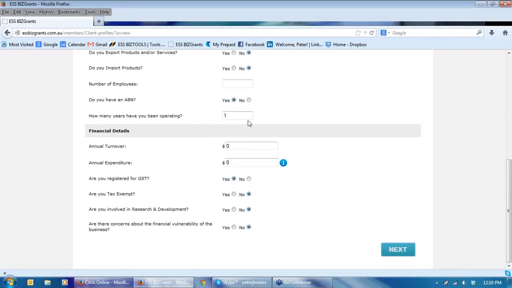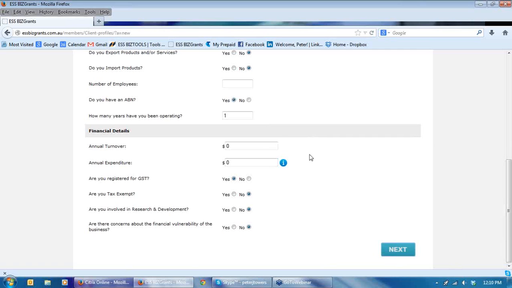The years that the business has been operating is important for a number of grants. Enterprise Connect, which I mentioned just earlier, which is arguably the largest number of individual grants issued in Australia each year, has a requirement that the business must have been operating for 3 years. And there are a number of the state and territory grants that have a requirement that the business needs to have been in operation for 2 or 3 years, depending on individual grants.